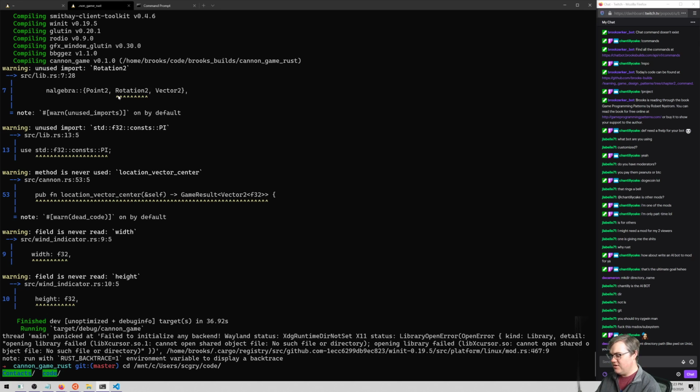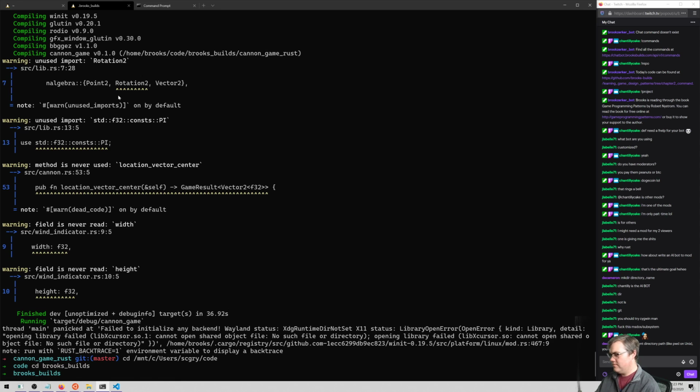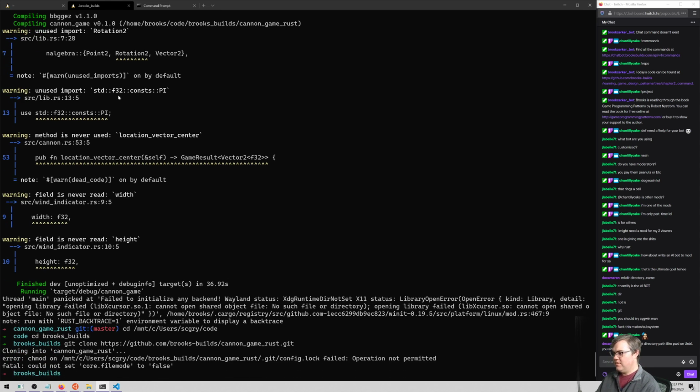Okay, so now here's where I can get into code. Clone. Oh wait, am I on a read-only file system for that? So I can't do that? Oh, that's cool. To find the current directory path, like pwd, you just simply type cd.